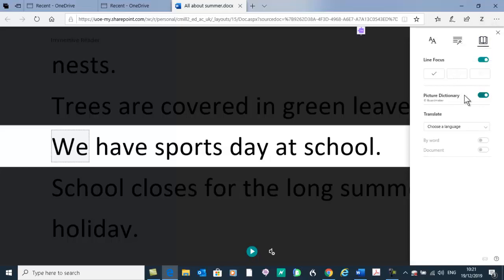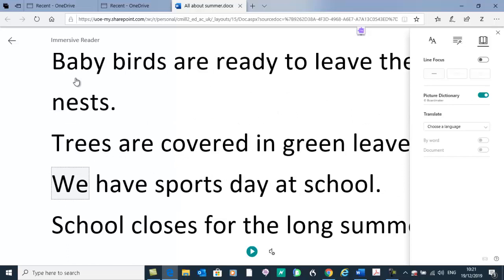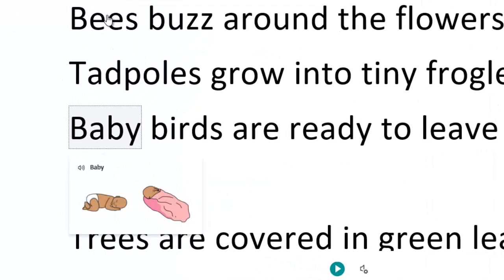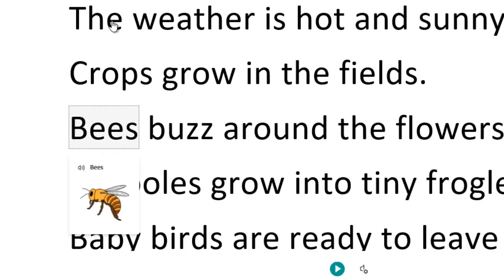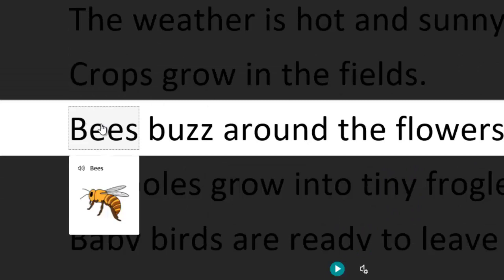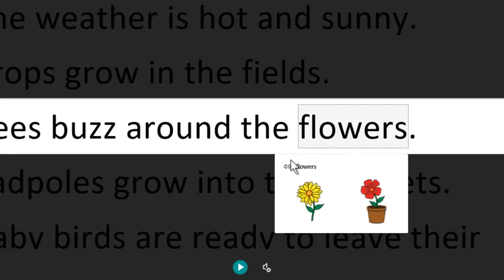And we've also got this thing called Picture Dictionary, which is very good as well. So let's take off line focus just now, and let's click on a word, because Picture Dictionary is on. Let's click on this word, and you can see what it's doing is giving us a picture representation of baby. Baby. And we could do that. Bees, and we're getting a picture representation of bees. Might be easier if I put the line focus on again. Okay, so bees, there you can see that's better, easier to see,